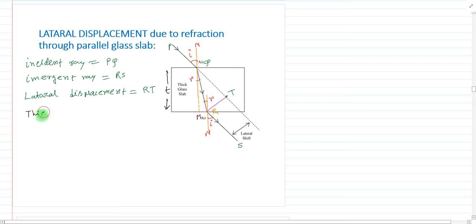Let me write the thickness of the glass slab equals T. Then from triangle QMR, we can write